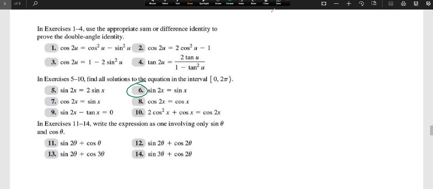So what do you think we should do here? Sine 2x equals sine x. Okay, I want you to work it out right now in your notes. We'll see if we agree. The whole problem, start to finish. You got 0 to 2 pi here, so make sure you